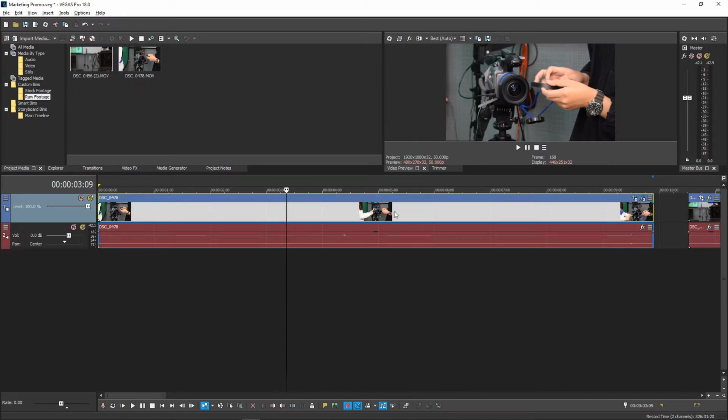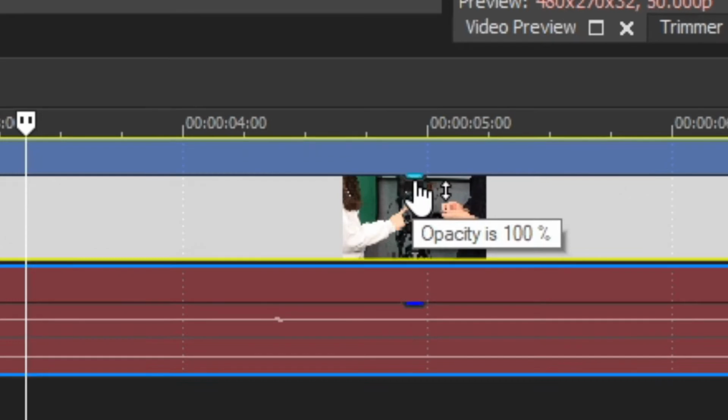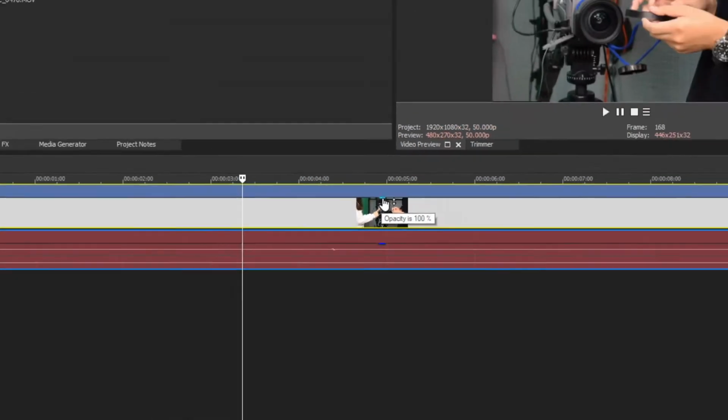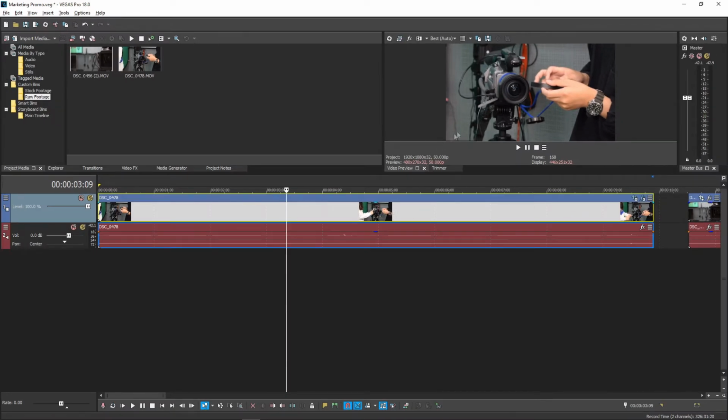First, select the video clip you want to adjust. Do you see that little blue tab towards the top? If you hover over it, words should come up next to your cursor and tell you what percentage the opacity currently is. By default, it is always 100%, meaning your video is completely non-see-through. Your cursor also turns into an up-down arrow.